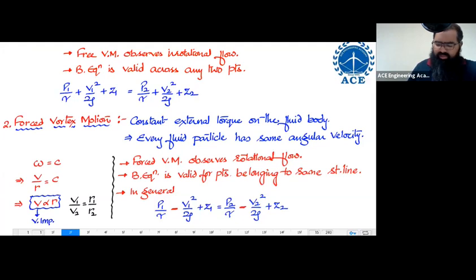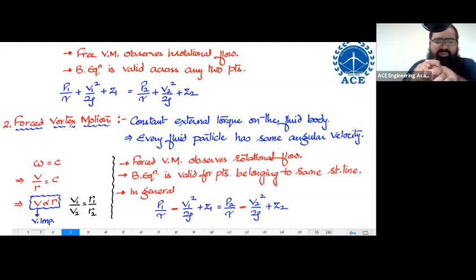The reason for all these equations is the next topic I'm going to discuss, which is known as the equation of pressure in vortex motion. Please be patient for some time, you'll understand everything. Right now, what I want you to remember is 3 things. First, for free vortex and forced vortex, how is velocity varying with respect to radius? Second, free vortex motion is irrotational, forced vortex motion is rotational. Third,